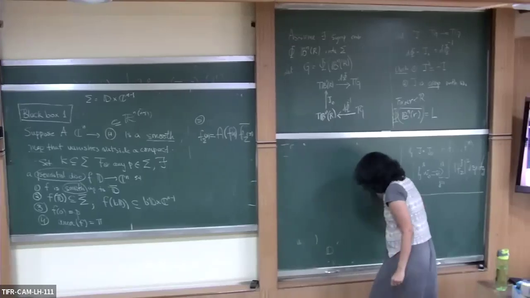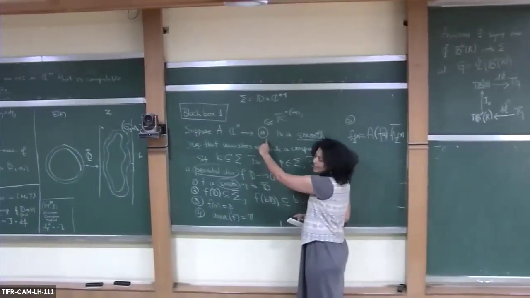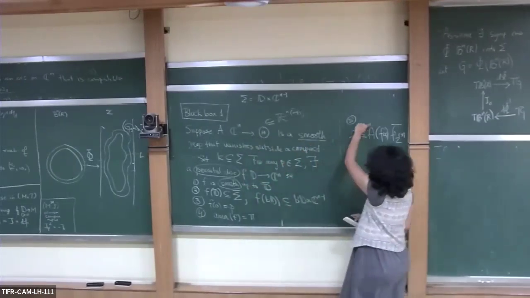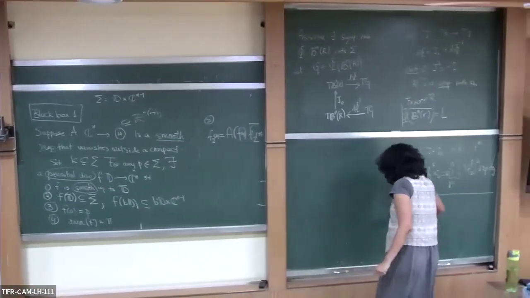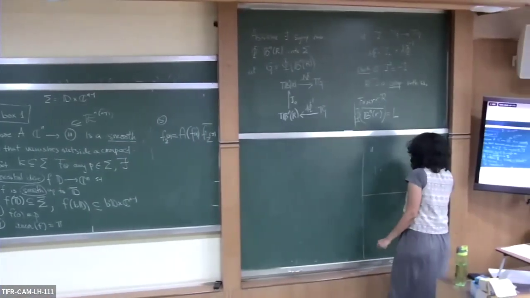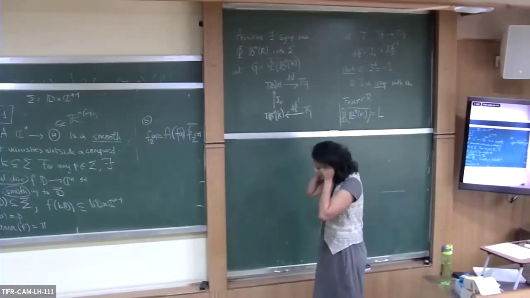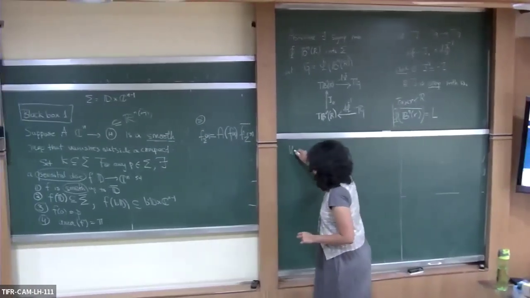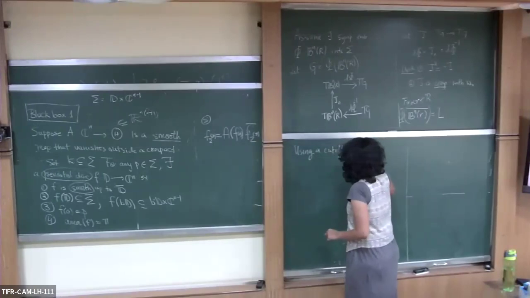And I'm simply doing this because the way my theorem is stated, it is stated for compactly supported data, right? A has to be compactly supported. So this data has to be compactly supported. So I need to make sure that that is indeed the case. So using a cutoff, which is a very standard procedure, we obtain a